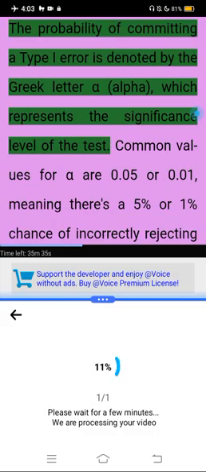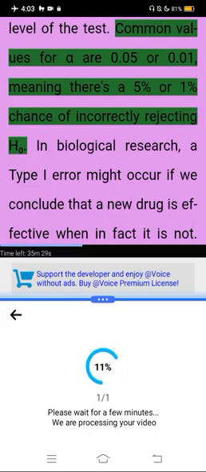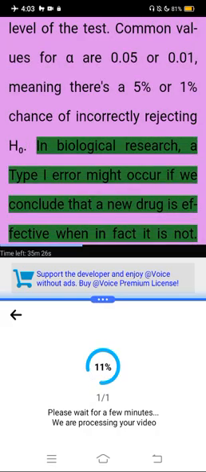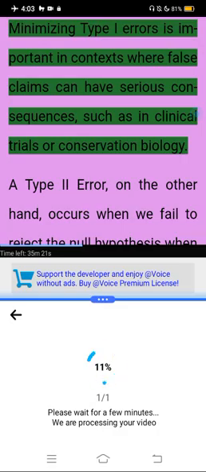The probability of committing a type 1 error is denoted by the Greek letter alpha, α, which represents the significance level of the test. Common values for alpha are 0.05 or 0.01, meaning there's a 5% or 1% chance of incorrectly rejecting H₀. In biological research, a type 1 error might occur if we conclude that a new drug is effective when in fact it is not. Minimizing type 1 errors is important in contexts where false claims can have serious consequences, such as in clinical trials or